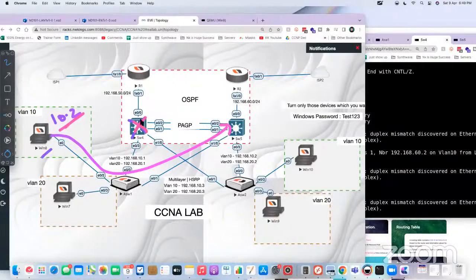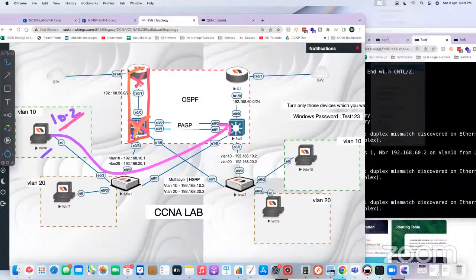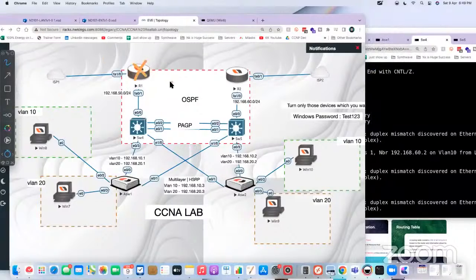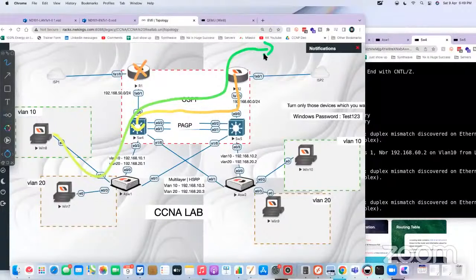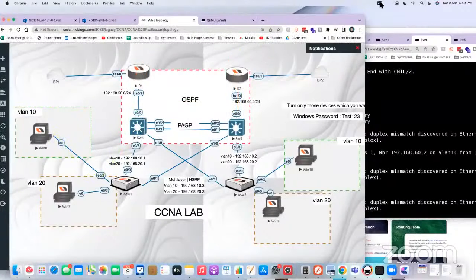So if your 10.1 device or this router, if any of these networks goes down, if this switch goes down, the device will not shift the traffic to switch 1. This is the problem. Okay, if router 1 is down, that we have already seen. If router 1 is getting down, the router 2 default route will be picked by switch 4, and you will be able to go to the internet. Yes or no? But what I am saying is, if switch 4 is down,